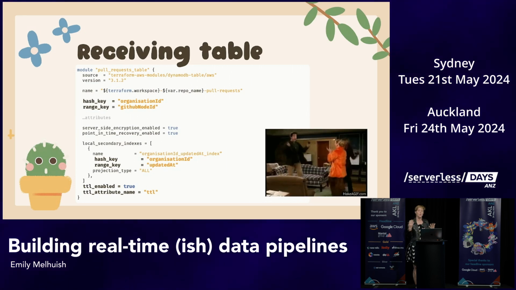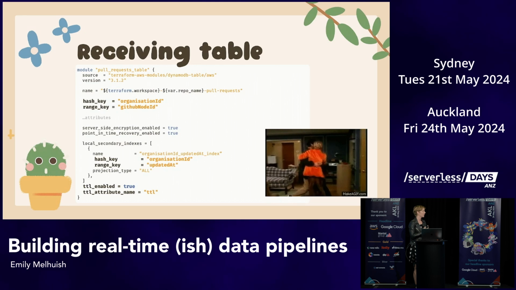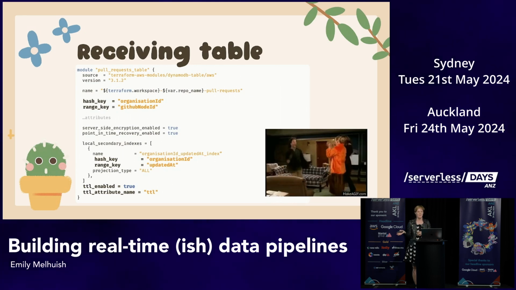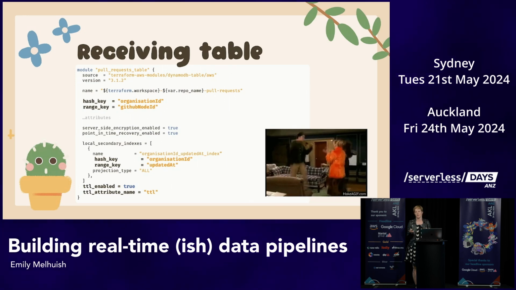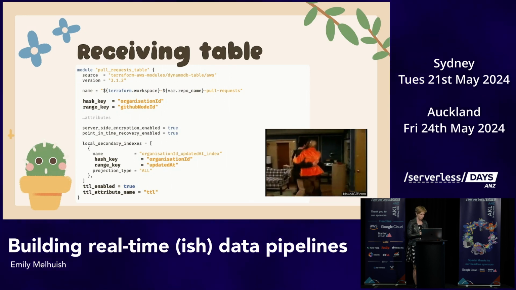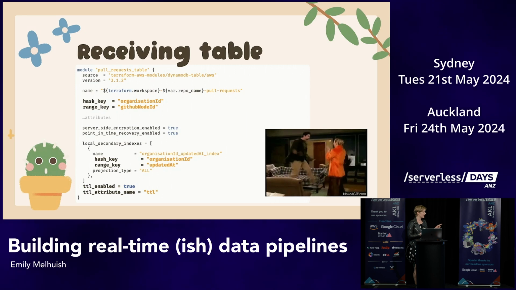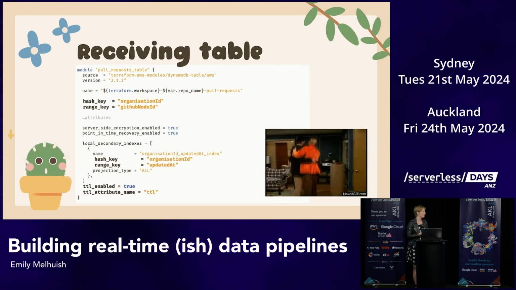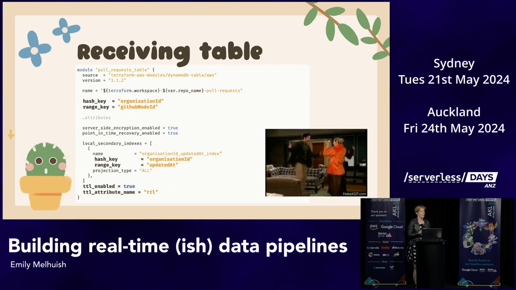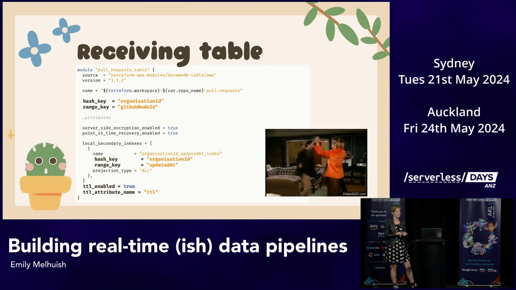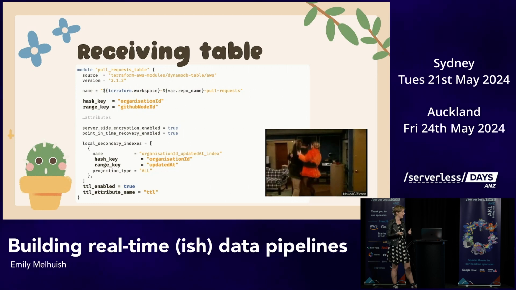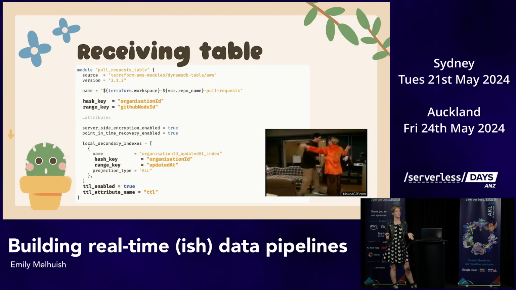So we therefore made a local secondary index that would allow us to search an organization and the updated ats of the pull requests themselves, so we didn't have to do too much stuff there. And then lastly, TTL is a really cool feature of DynamoDB, that's time to live. What you can do here is DynamoDB will automatically delete your data for you after this time period has expired. So we only really wanted to save 2 weeks of data.